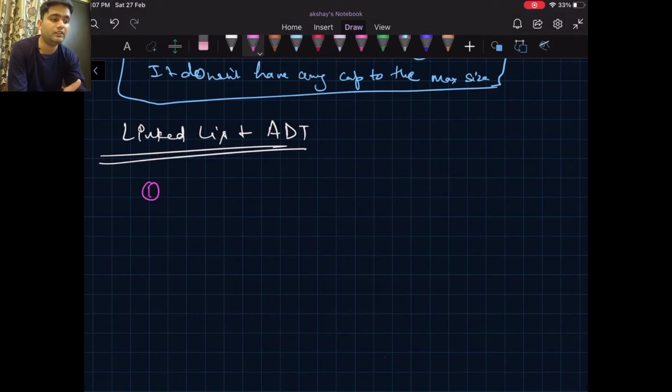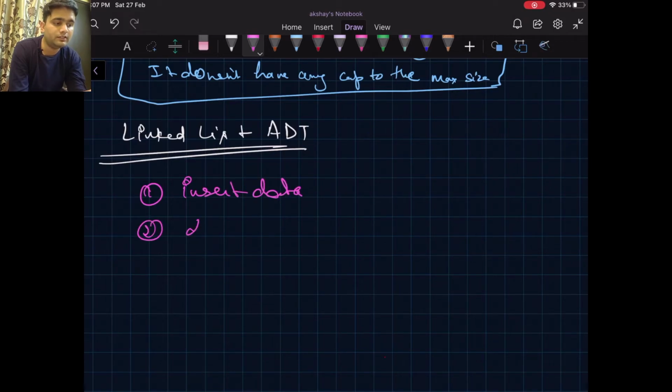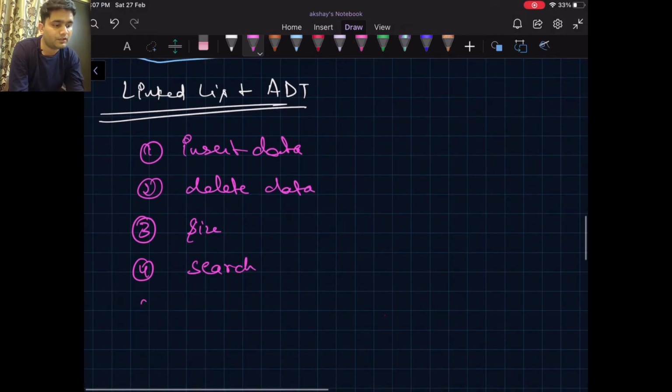these following functionality. It defines adding a node, add or insert a data. Let's call that insert data. Delete data. Third could be getting size of the linked list. Fourth will be search, and fifth could be delete whole linked list.